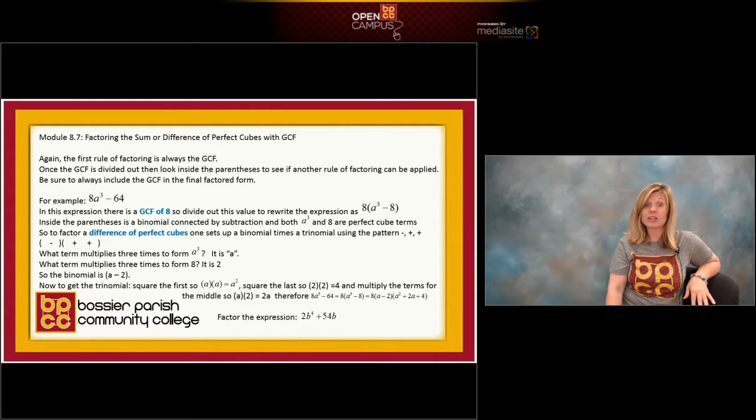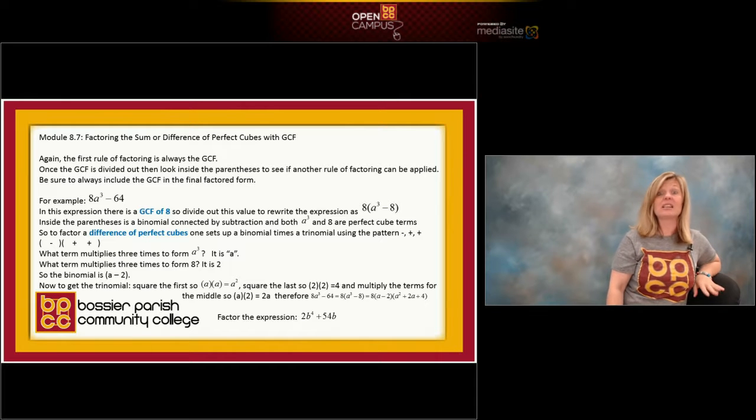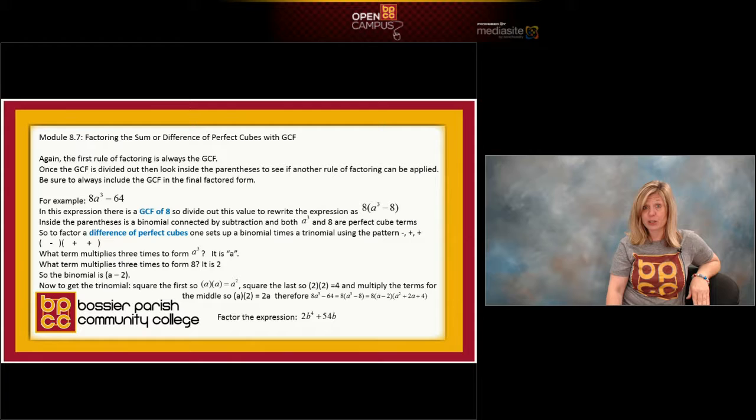And I know what you all are thinking. You're like, oh, that is clearly the difference of perfect cubes. And yes, it has a difference sign. 8 is a perfect cube. 64 is a perfect cube. And a cubed has an exponent that's a multiple of 3. But if you start out by doing the rule difference of perfect cubes, the expression you're writing is going to